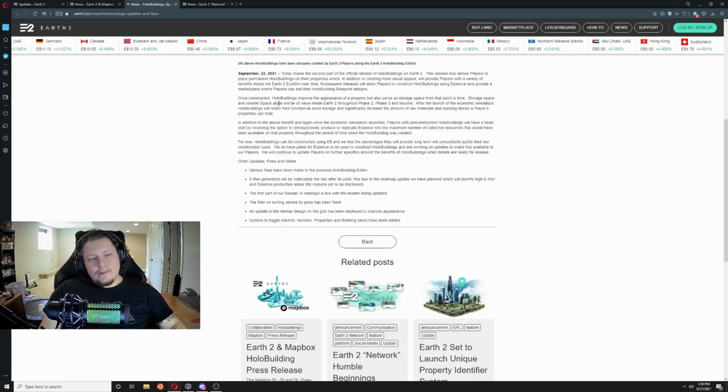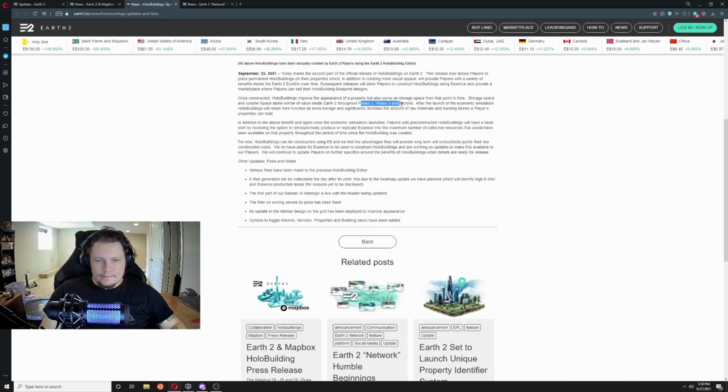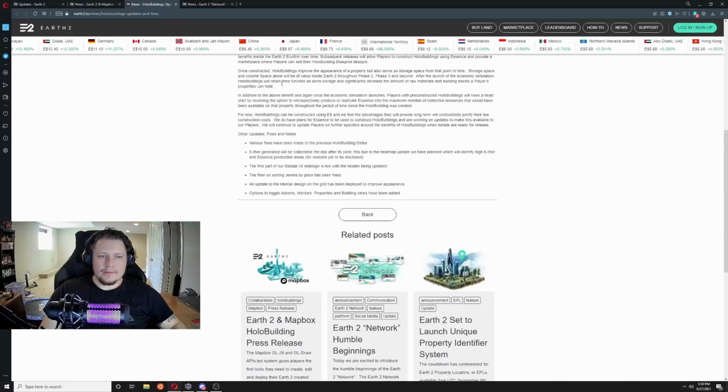"Storage space and volume space alone will be of value inside Earth 2 throughout Phase 2, Phase 3, and beyond." Maybe. "After the launch of the economic simulation, HoloBuildings will retain their function as extra storage and significantly increase the amount of raw materials and building blocks a player's property can hold." What does significantly mean, right? Is it 2x, 3x, 4x, 10x, 0.5x? How much more? They don't say,